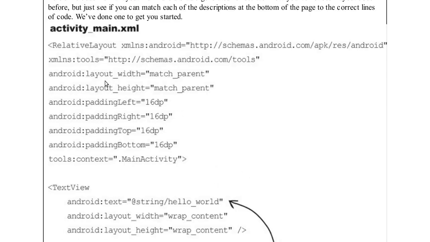So here we have the property layout width, layout height, and this is padding left, right, and top, bottom. Padding means how much gap you want from the left, right, and the top, bottom from your mobile screen for that relative layout. And similarly the layout width and the layout height, match parent means it matches the height and the width of the mobile application.